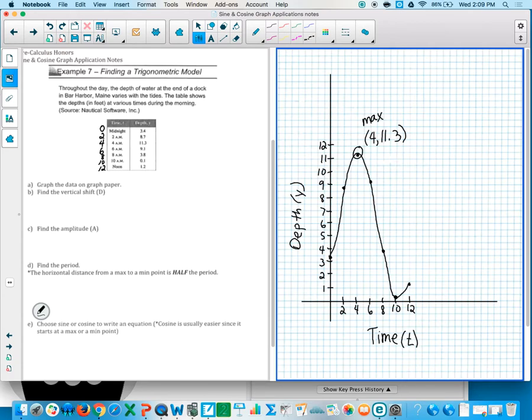Our goal is we're going to use this graph, and I actually labeled the max but not the min. Here's our min. And we can use this in a few different ways to figure out the vertical and horizontal shift. So I'm going to do some work with the graph. The way we did this when we looked at our pictures is we counted the distance from the top to the bottom and then cut that in half and counted up from there. It's going to be a little trickier to do that here. So let's say I do that with the 11.3 and the 0.1. Instead of counting,